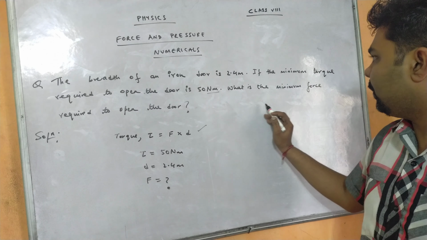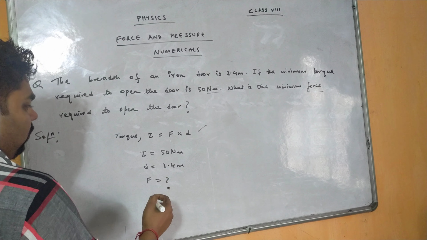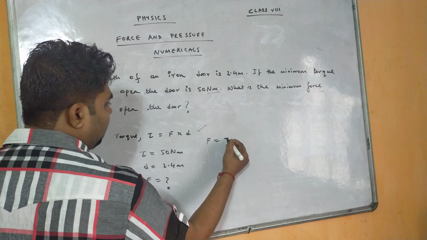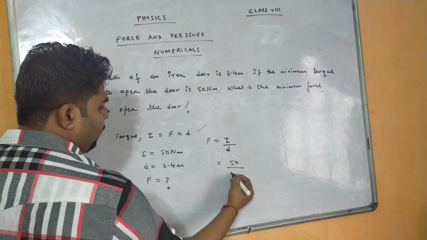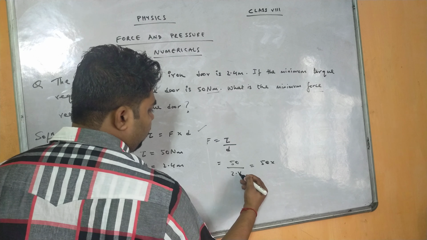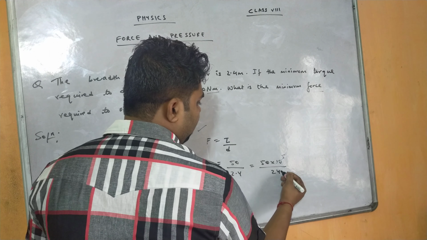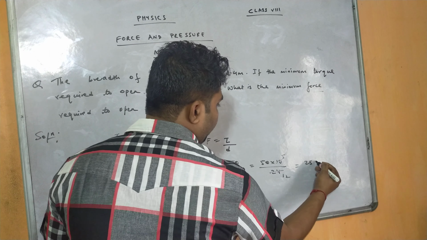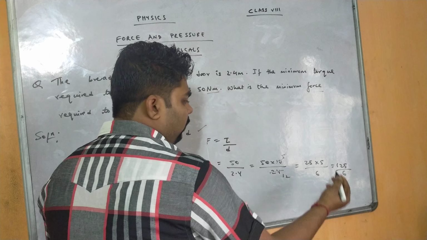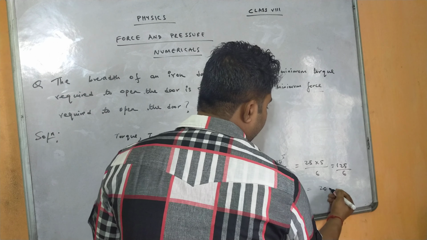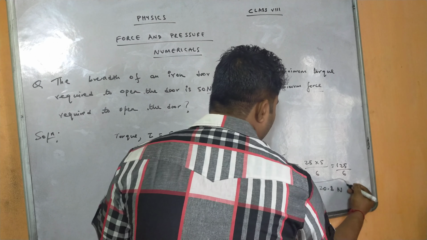So first we have noted down, and what we have to find? We have to find force. So force, F equals question mark. Now F will be torque by D. What is torque here? That is 50, and D we know is 2.4. That is 50 into 10 going up, over 24. Now when you cancel, 2 5s are 10, 2 12s are 24, that is 125 by 6. Now when you divide this, the answer you will get is 20.8. Right? So this is our required answer.